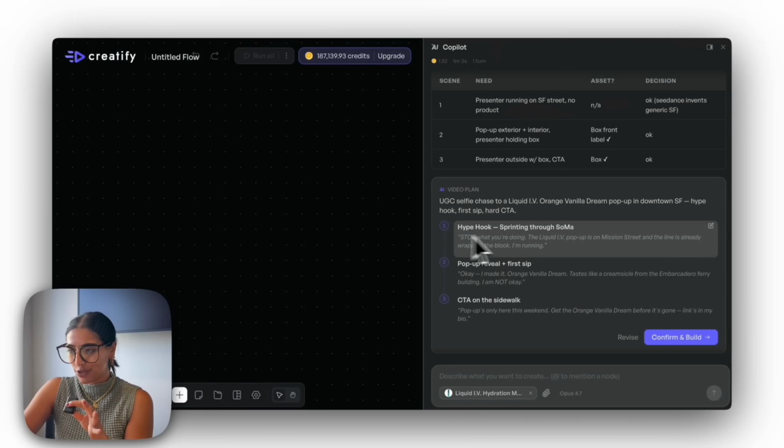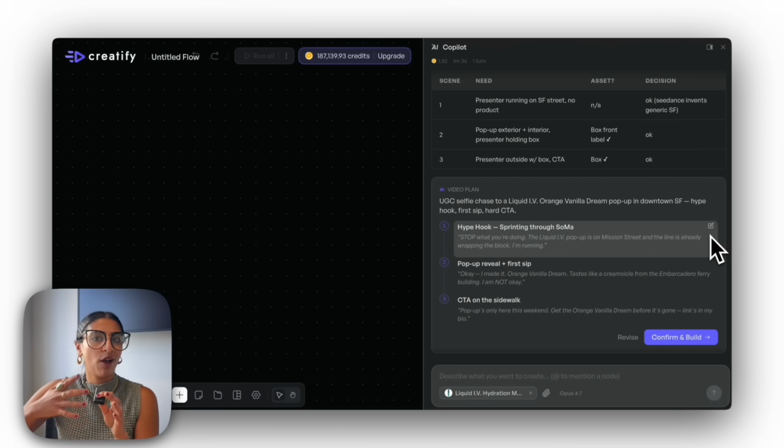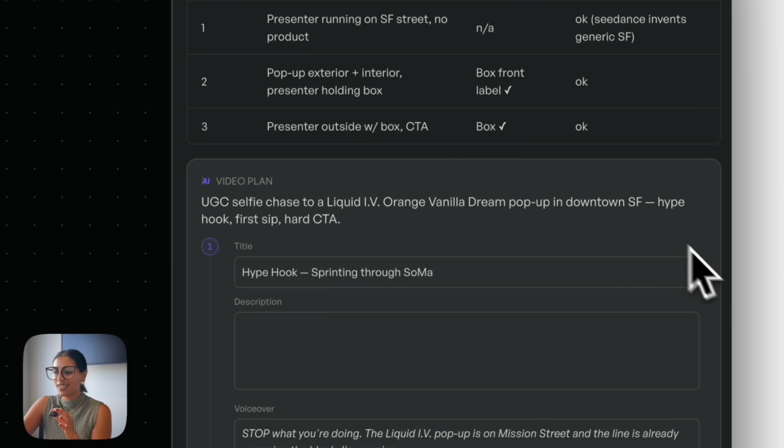Now, stop what you're doing. The Liquid IV pop-up is on Mission Street, and the line is already wrapping around the block. I'm running. Now, if we decide that we're not happy with this, we can go ahead and click into the